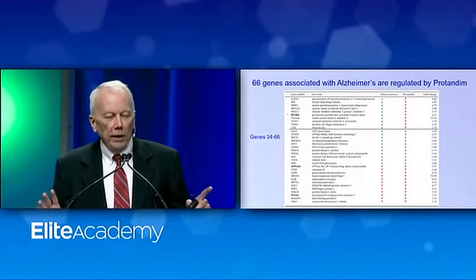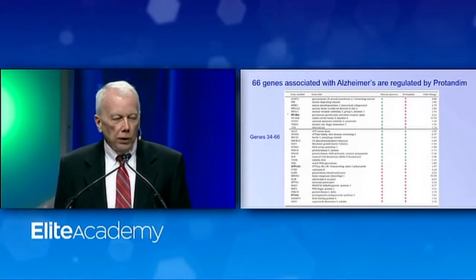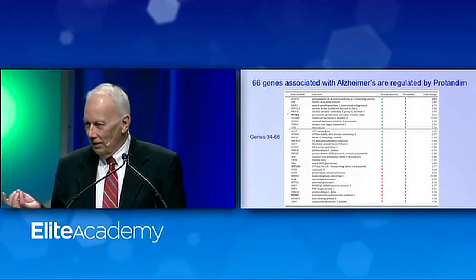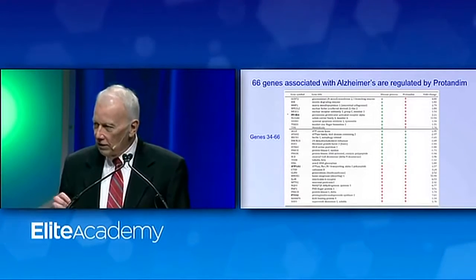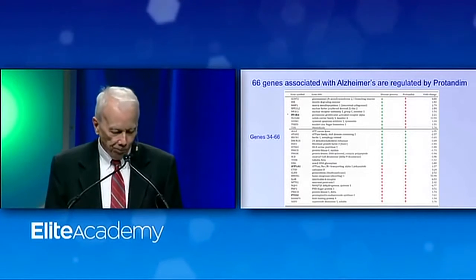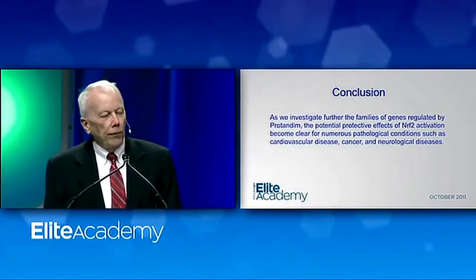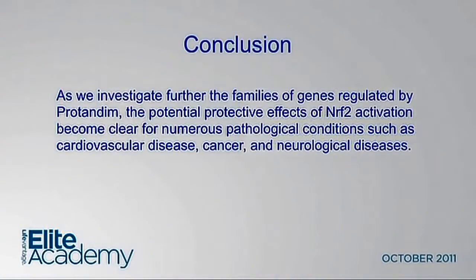So this is a way, with the help of a very powerful computer analysis program, we're able to look at what Protandim does. I've shown you 3 sets out of maybe 200, and we're going to work our way through most of that data. And we're going to eventually know what virtually all of those 3,000 genes do, which diseases they're associated with. It's not going to be a black box. So as we further investigate this, the families of genes regulated by Protandim, the potential protective effects of Nrf2